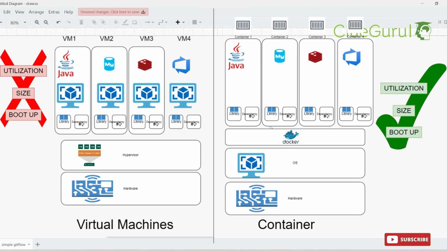Whereas in virtual machines, we have the hypervisors like ESXi on the hardware and then the virtual machine installed on top of it. As you can see, each virtual machine has its own OS inside it. Then the dependencies and the applications are overhead that causes higher utilization of memory here. The virtual machine also consumes more space as compared to the containerized application in our Docker, whereas it would be in terms of gigabytes, and in our Docker containers this would be very lightweight and usually it would be